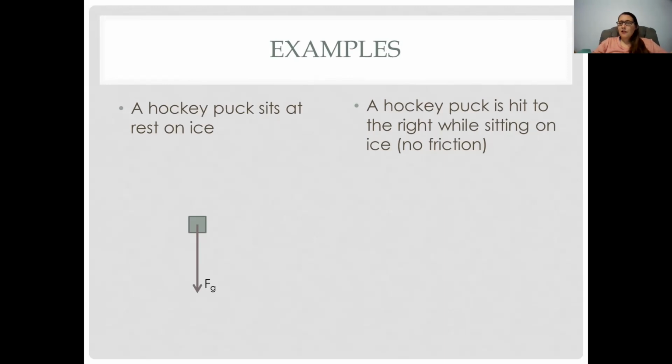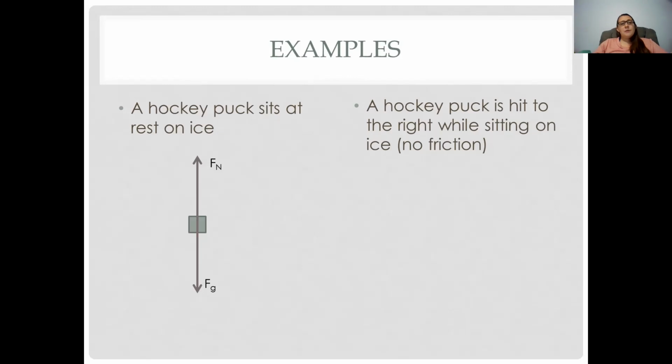Now, the hockey puck is not falling through the air, it's sitting on ice, so that ice is holding it up. And so we have this normal force pointed up. Again, normal means perpendicular to the surface. So if our ice is horizontally flat, then our normal force will be perpendicular to that, or straight up. Now, the length of this arrow did kind of matter. Even though we weren't given the magnitude of it in the problem or any way to calculate it,